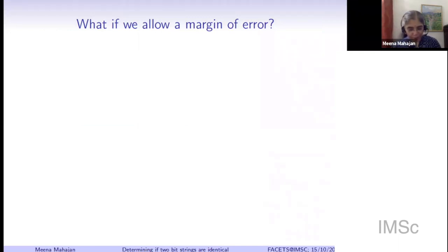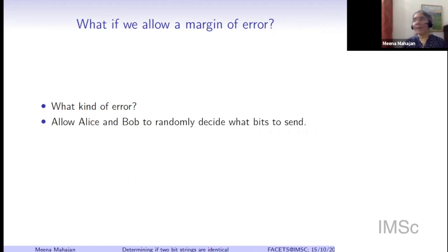Maybe we are going to randomly do some things and say, okay, sometimes I may make an error, I may give the wrong answer, but most of the time I want my answer to be correct. So then we need to quantify a little bit more clearly, what do we mean by most of the time? What kind of error? Do we mean for most inputs, or do we mean that we will do something randomly and then for every input there is some probability of error? So actually we mean the latter.